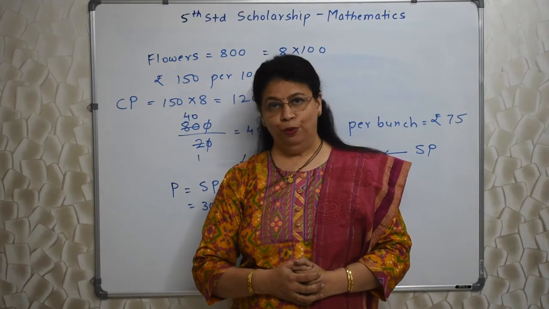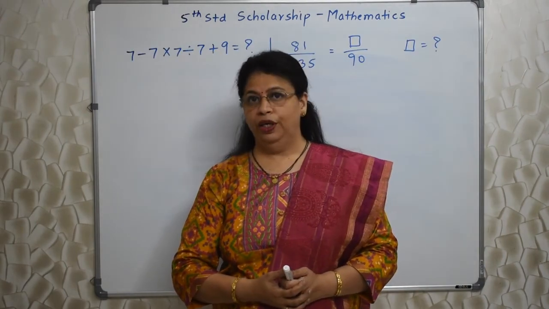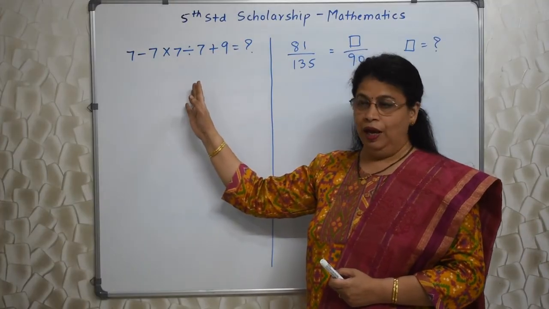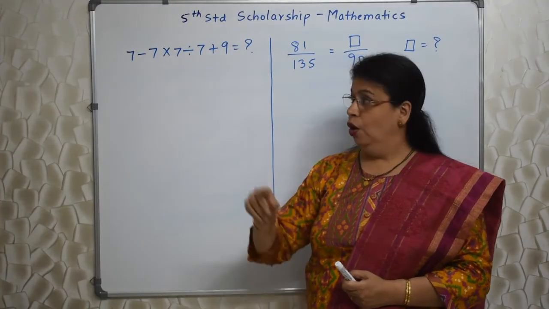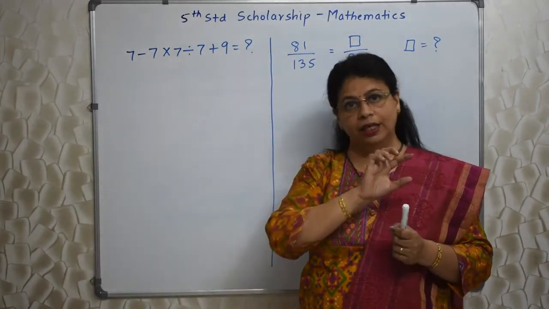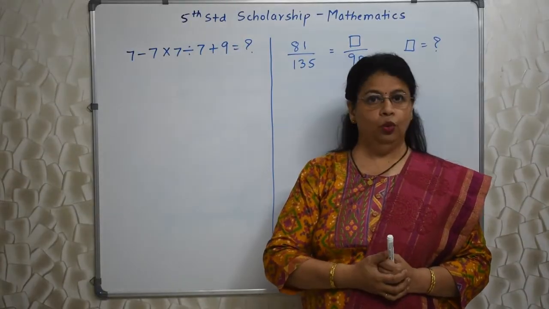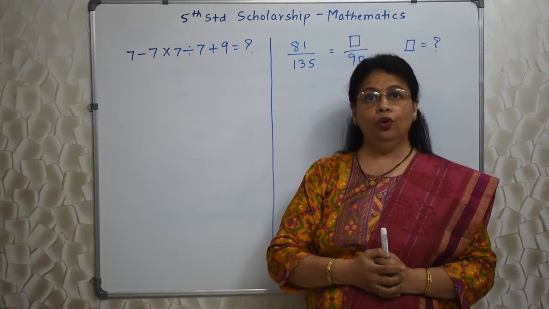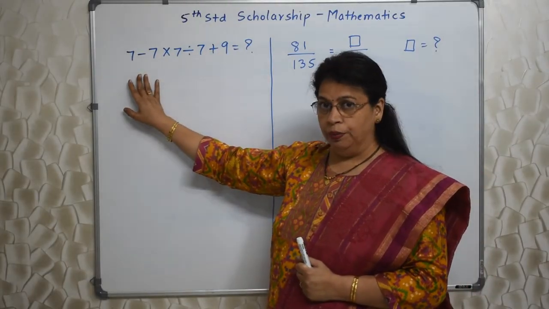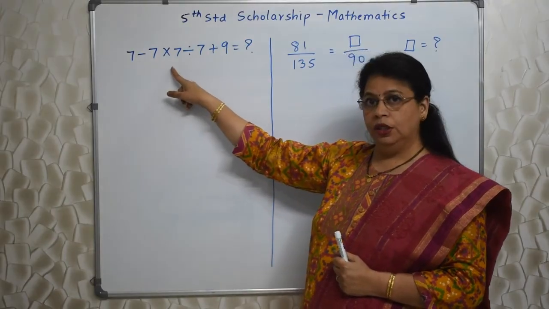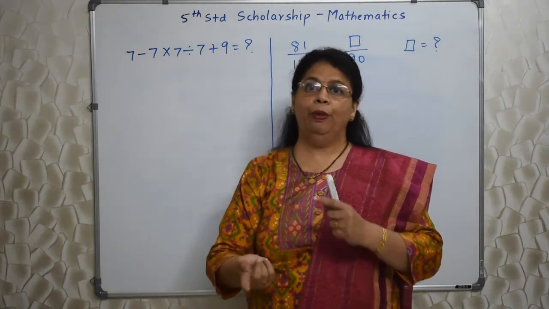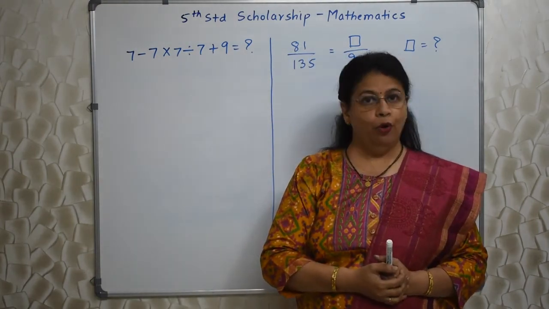Okay, let's take a few more examples. Students, I have written two more sums on the board. See this one, you know what it is? This is an example of BODMAS. When there are multiple operations, plus, minus, multiplication, division in the same sum, you have to follow the rule of BODMAS, right? The rule of BODMAS is not new to you. You cannot just do whatever is first; there is a rule which is to be performed first. That rule is called the BODMAS rule.